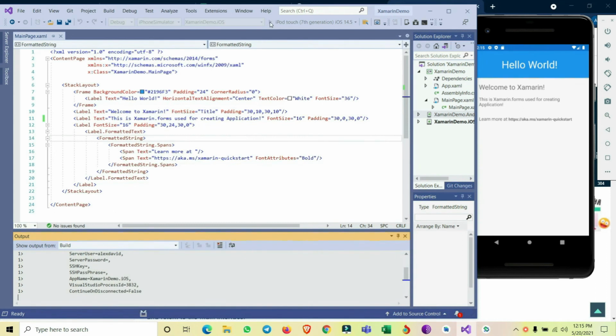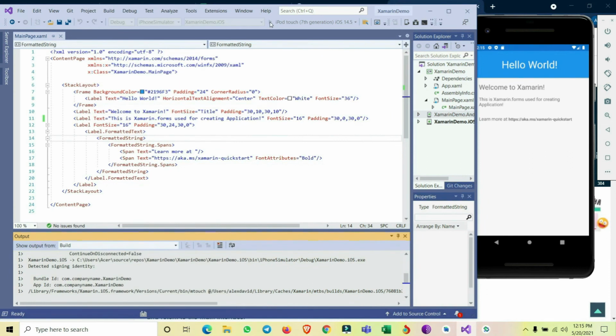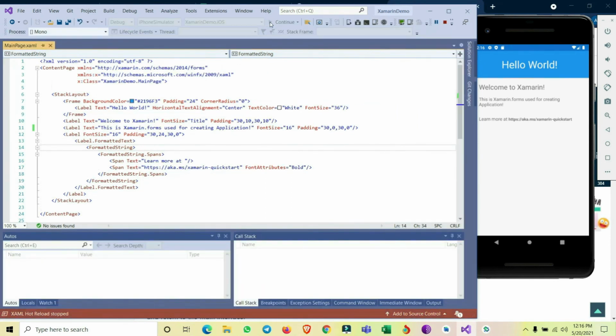I will show the screenshot of iPod Touch 7. Yes, so these are the screenshots.